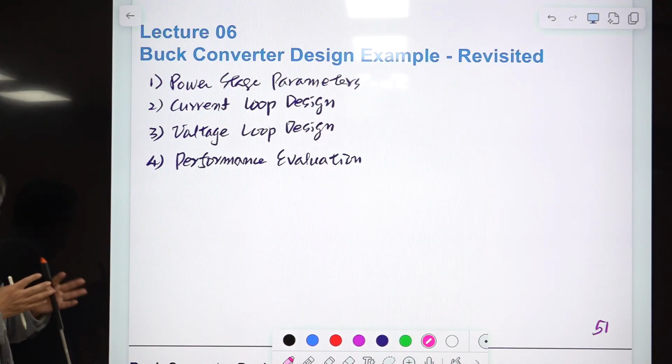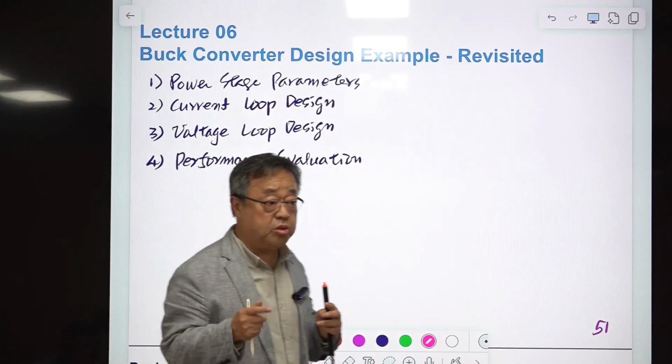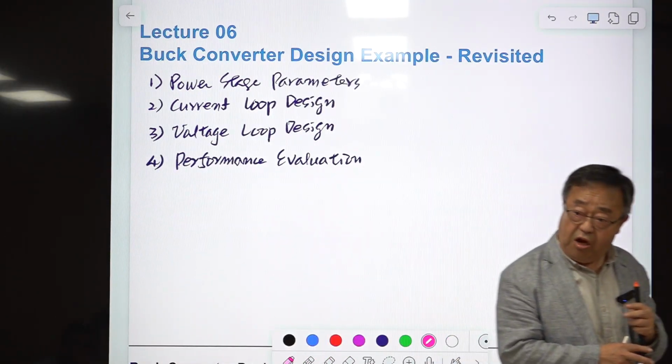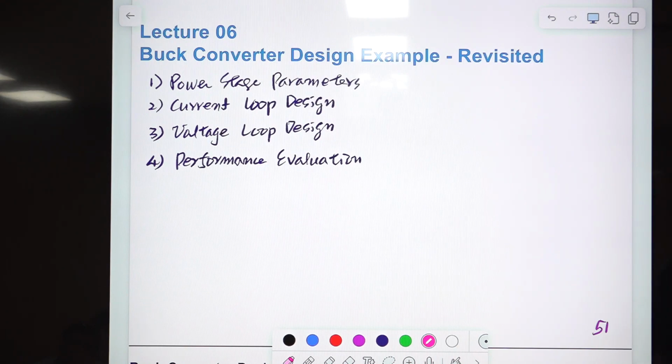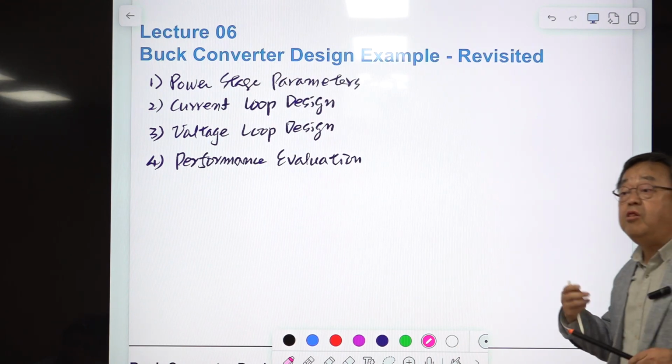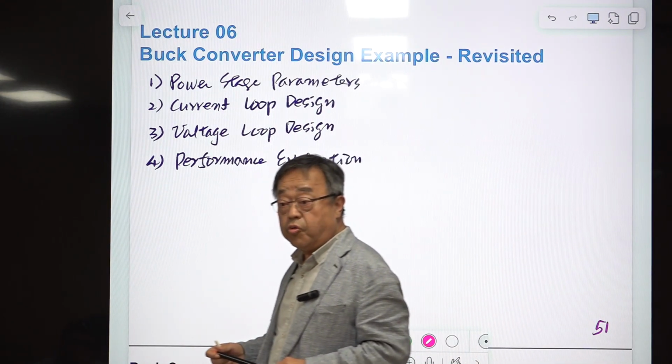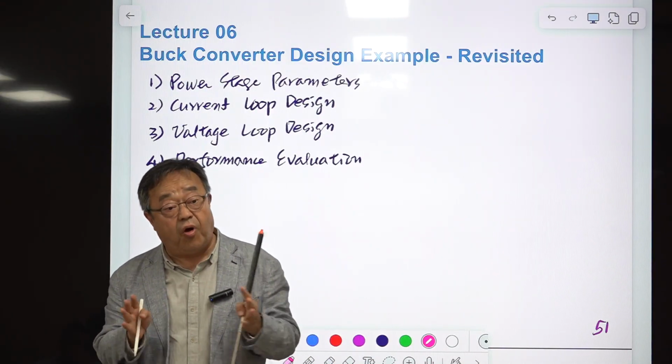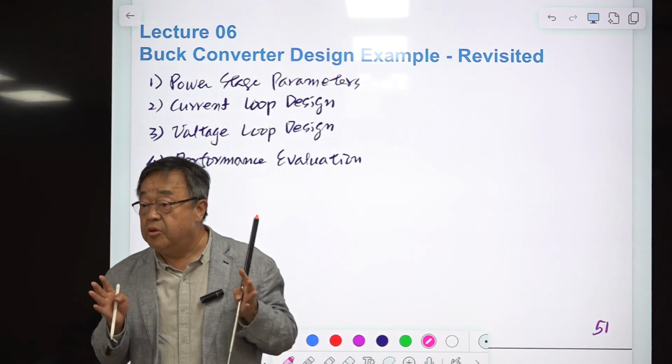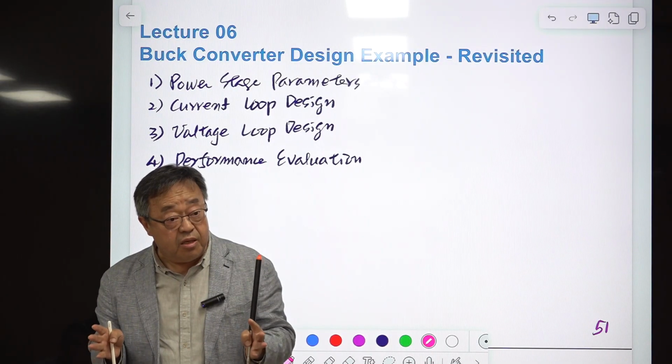How the current mode control differs from the voltage mode control, and what is the real advantage of current mode control, when we lose the benefit of the current mode control, in what manner, what fashion, if you misunderstand something. Okay, so